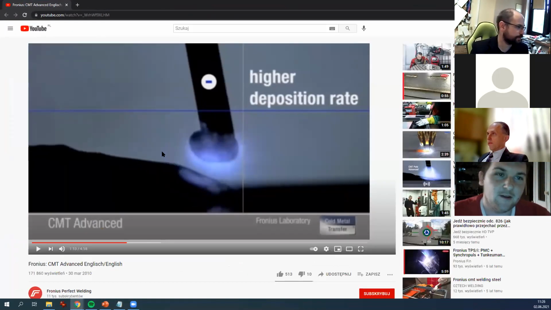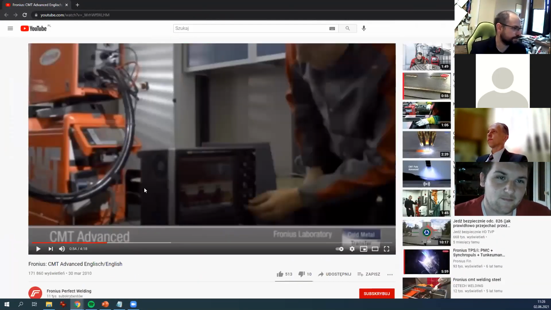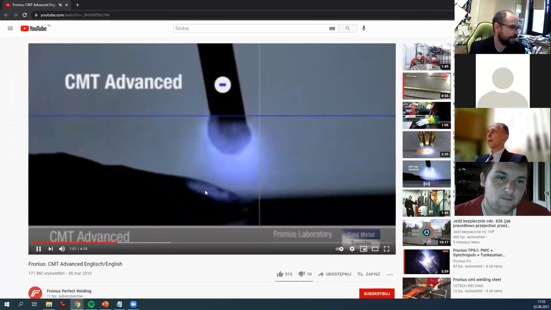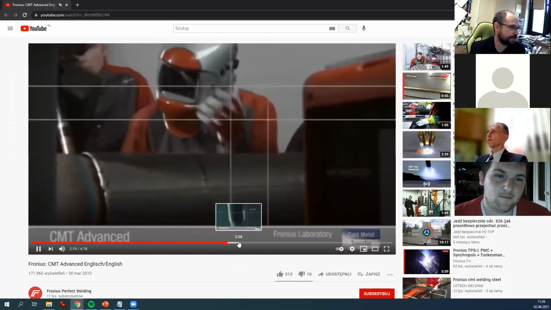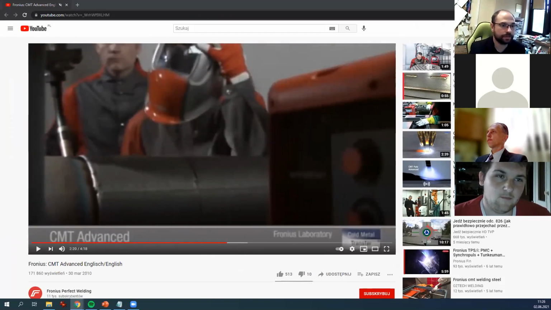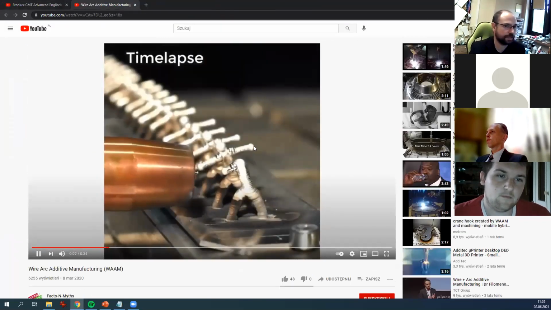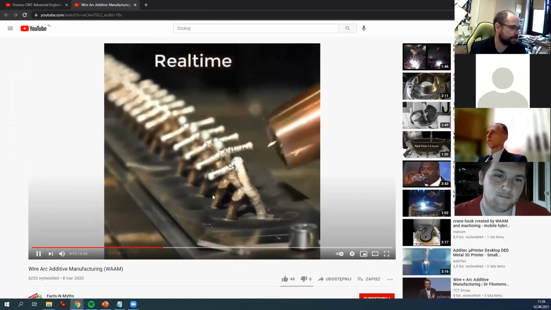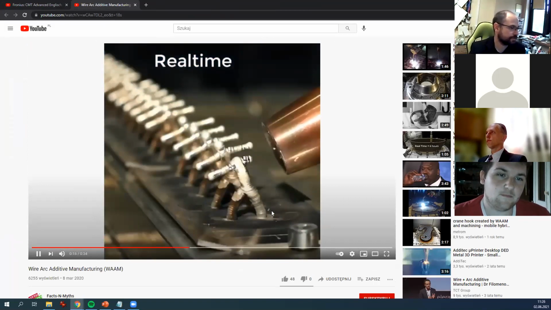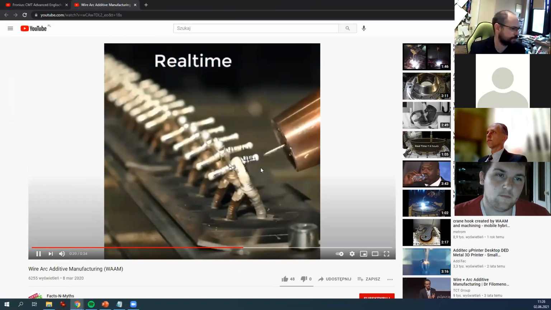It's called CMT, cold metal transfer. This is a welding method, and they use this method to print some elements because they can't do it in an easy way. For example, here you have a very good example. Do you see my screen? Yeah. For example, this is some commercial, but they use this technique to print something from metal, and here they use aluminum, but you can also use stainless steel.